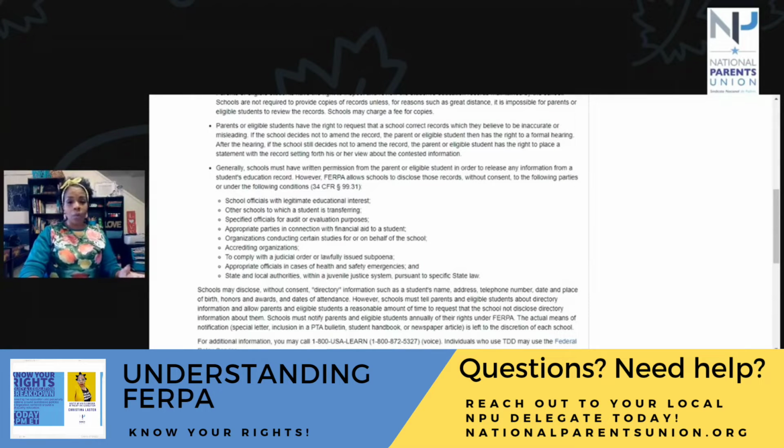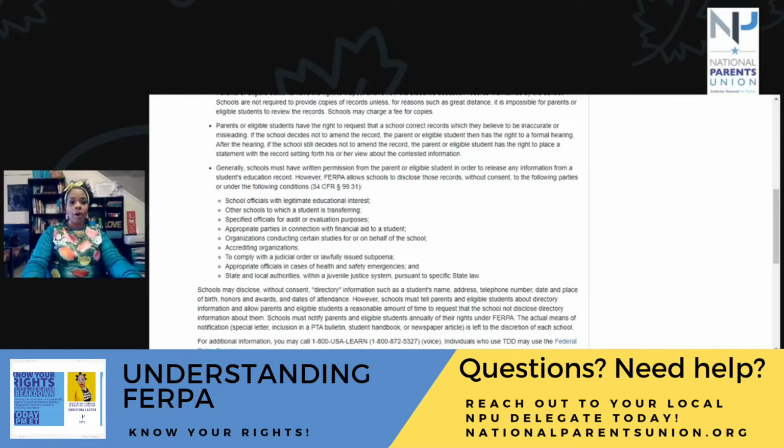So we don't want to assume that everything's already going to be taken care of. Things happen all the time. Information gets out that's not disclosable: personally identifiable information, directory information, even medical information. The stories that I know you would find unbelievable, okay? And so we really want to be paying attention to these exceptions.